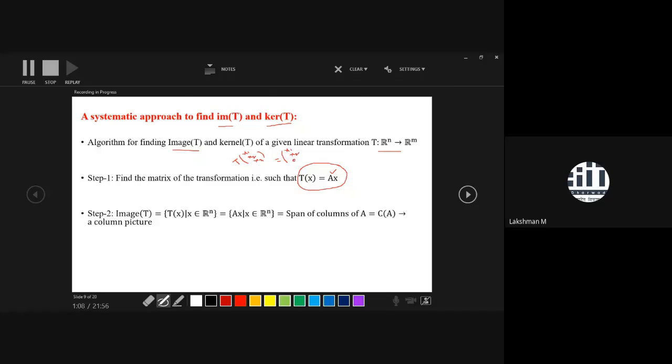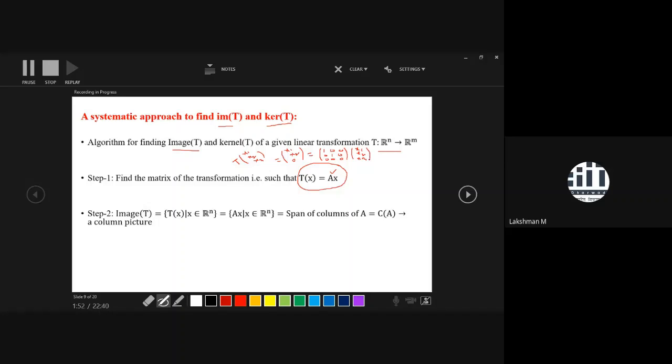So here this transformation was defined in the form of a formula. We can convert this in terms of a matrix. So what would be the corresponding matrix? The first row would be 1 0 0, the second row would be 0 1 0, and the third row would be 0 0 0. And here your input vector, you can write with coordinates x1, x2, x3. So this is the matrix representation of the given linear transformation.